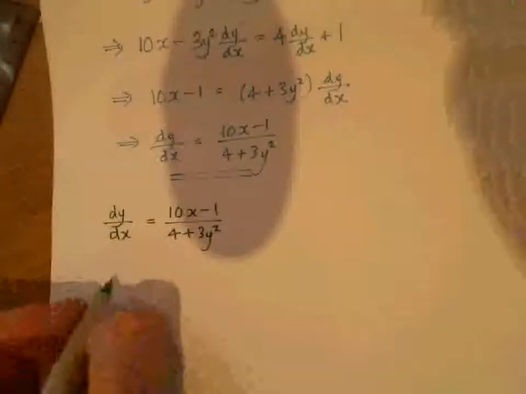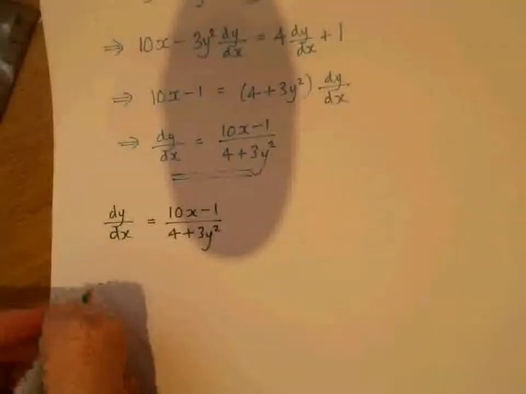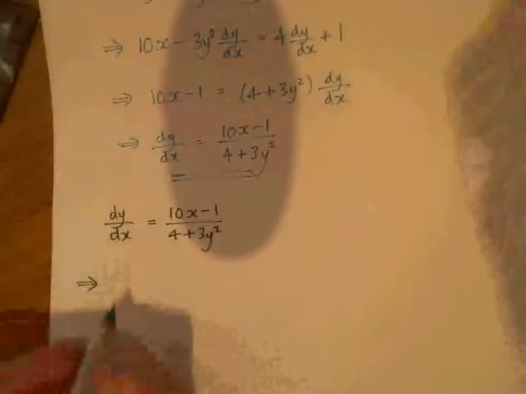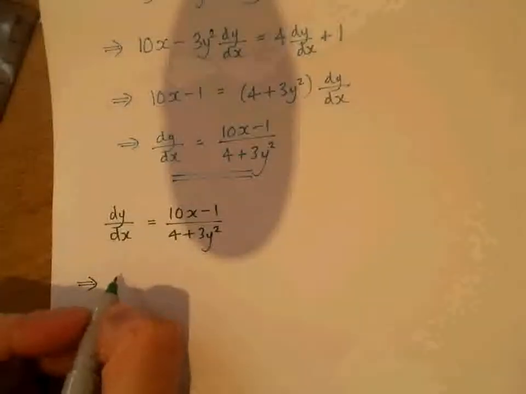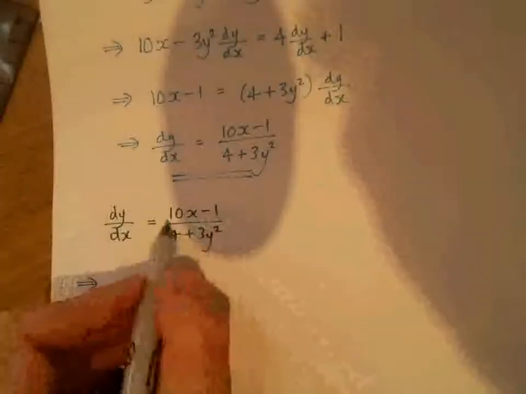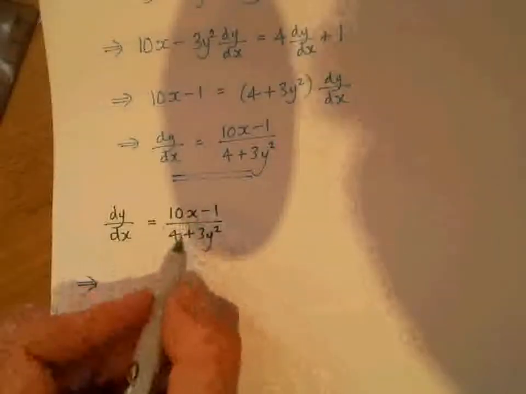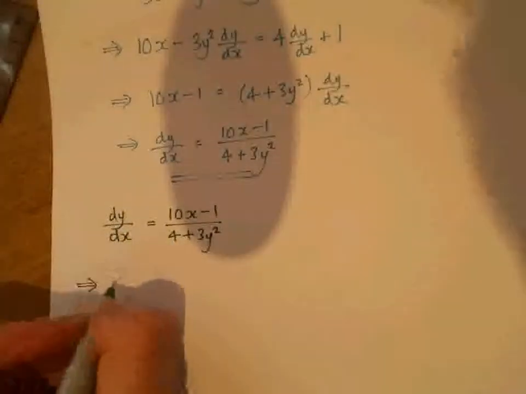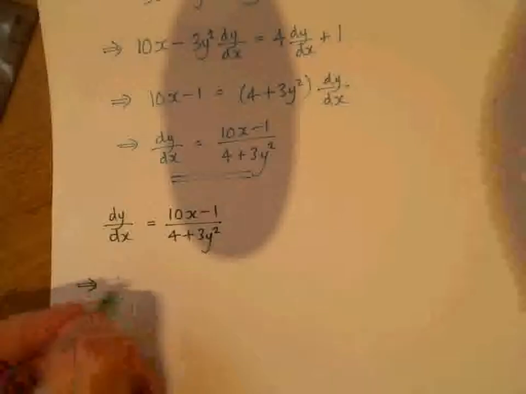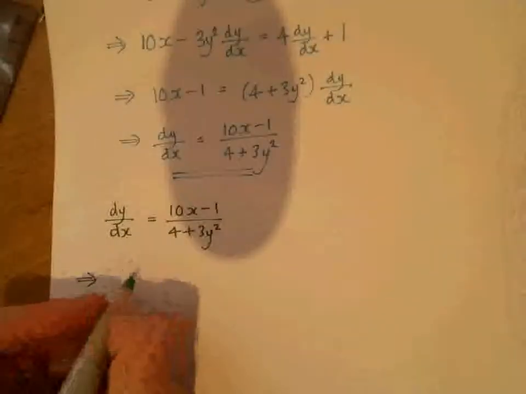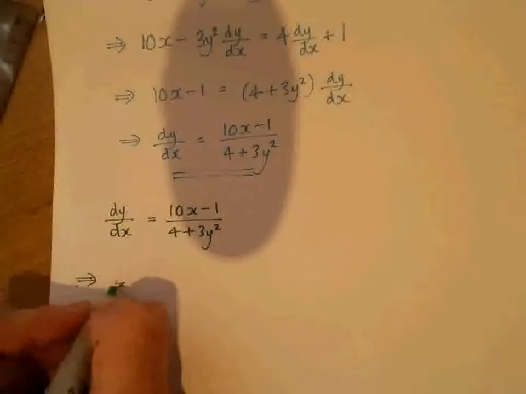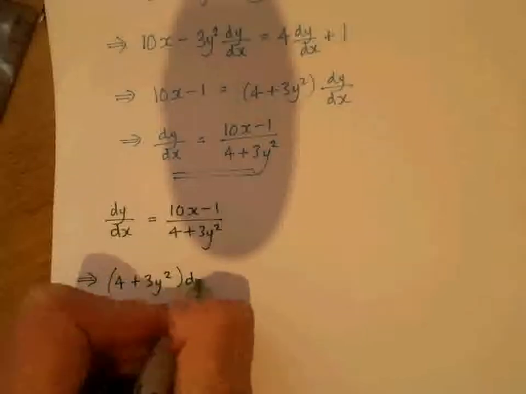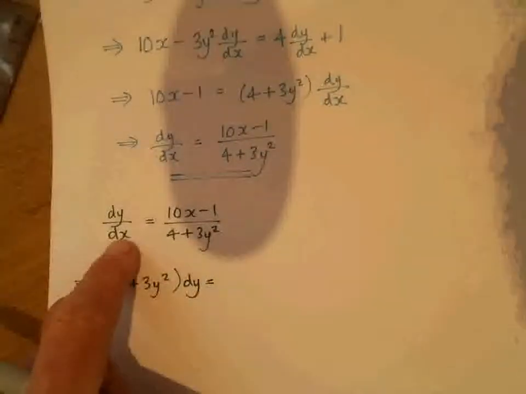Okay, so using the same example, we should hopefully get back up to where we started. And here's a recommended technique, I suppose. I think this is probably what I would try in most circumstances, until you get an eye in for the different approaches. If you note that we've got an expression in x on the numerator, an expression in y on the denominator, and a similar kind of thing over here, we can apply a technique called separating the variables, which you may have come across in single maths. And if I multiply both sides by 4 plus y squared, and in the same step also multiply both sides by dx,